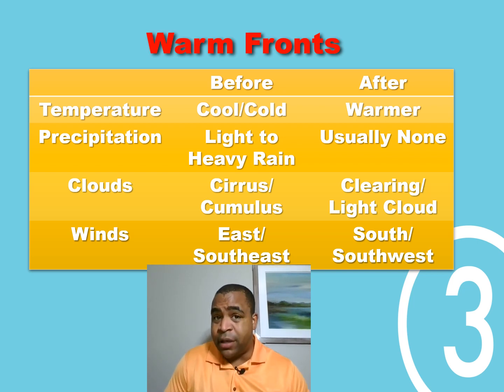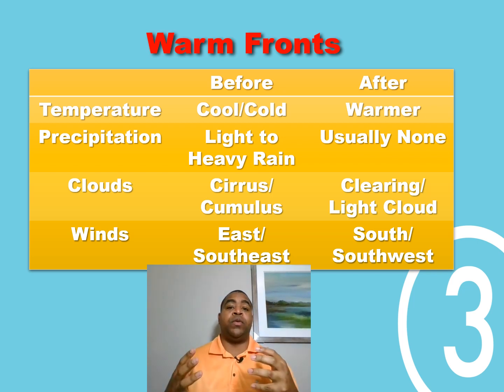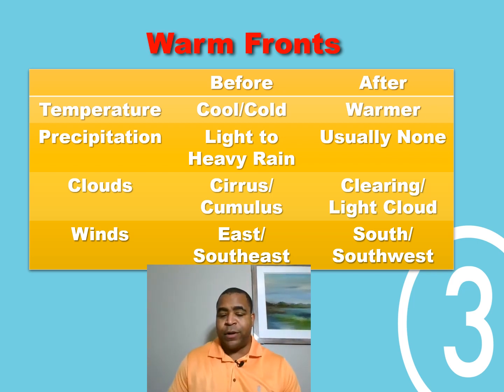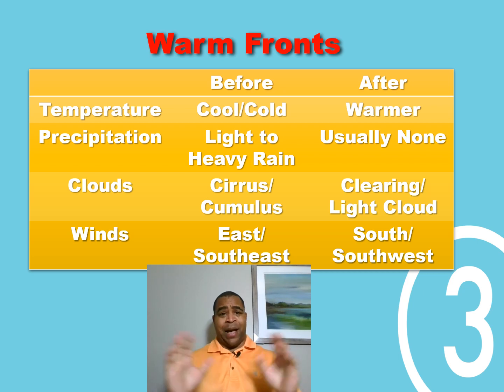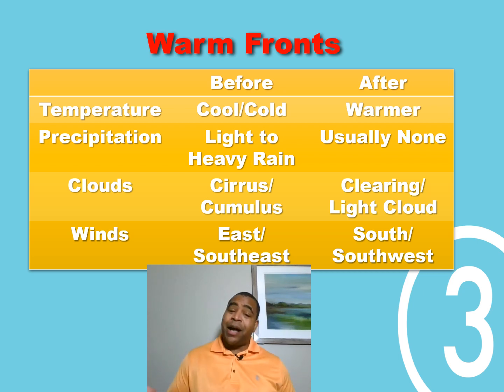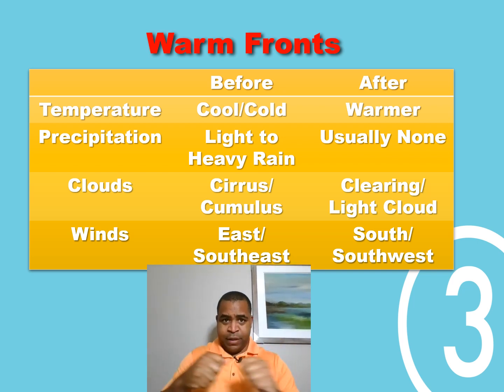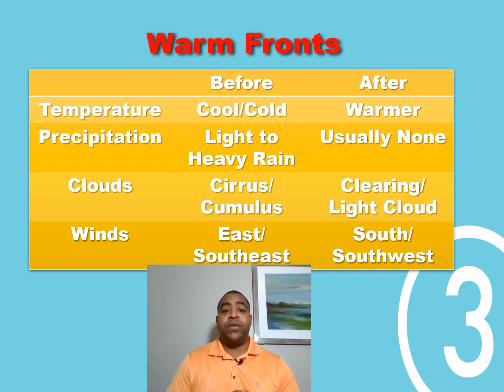Now, I want to share a little secret with you. If ever you want to figure out where the warm fronts are, and you don't have a weather map or I'm not around, you can look way up in the sky. And if you see these cirrus clouds, remember what those are? Those are those little squiggly looking clouds. They look like the mozzarella cheese, remember, being pulled apart. Sometimes what you can actually do with very warm weather is look very high up in the sky and see those cirrus clouds. And that usually means that there's some much warmer air that's going to be moving through over the next 24 hours.